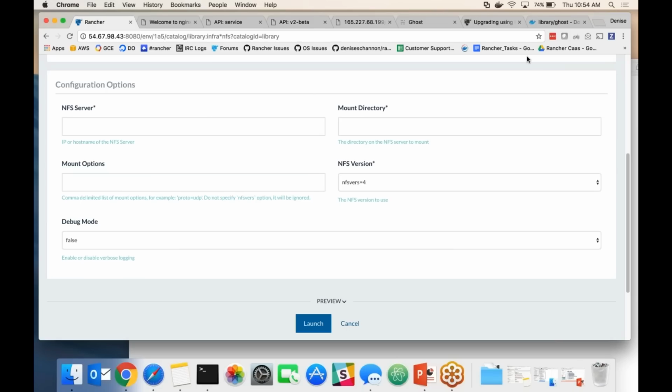So for the catalog itself, under the settings, I'm just going to talk while I grab this information. Under the settings, there is the ability to add your own private catalog. So right now we have our library catalog. Those contain the templates that are required to get